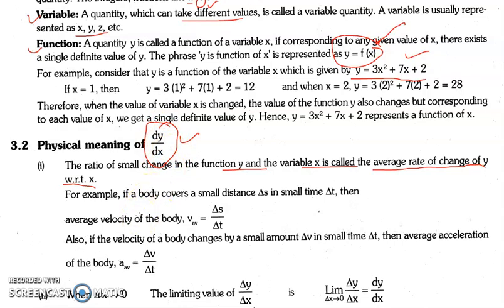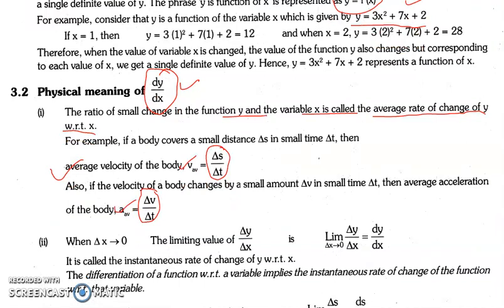Okay, a very basic example for this you have already learned. This is for average velocity. It means distance upon time, or this is the symbol for delta. This triangle that you can see, this is the symbol for delta. Delta s means change in distance, upon delta t means change in time. It means how the distance is being changed with respect to time, which will give us the average velocity. And in your class 9th you have learned one more derivation, that is how the velocity is being changed. That will give us the average acceleration.